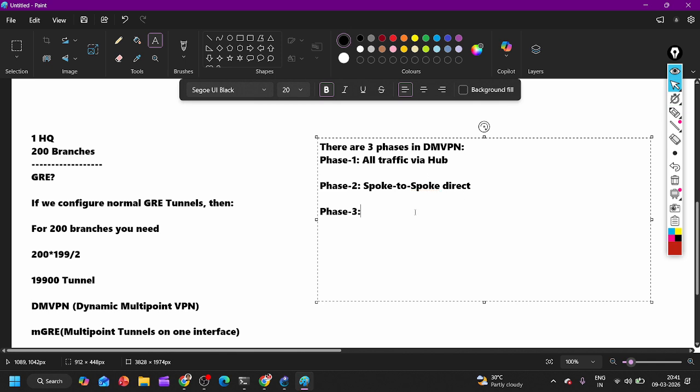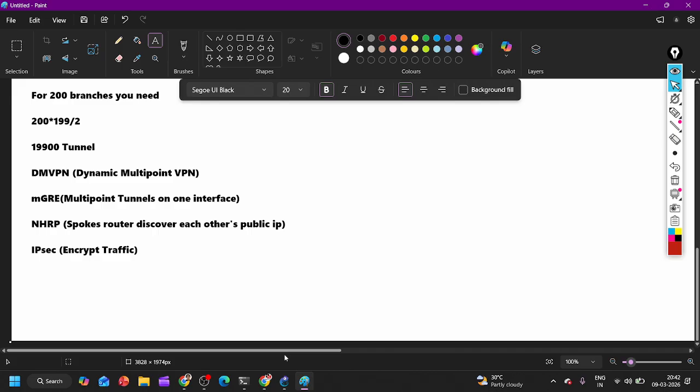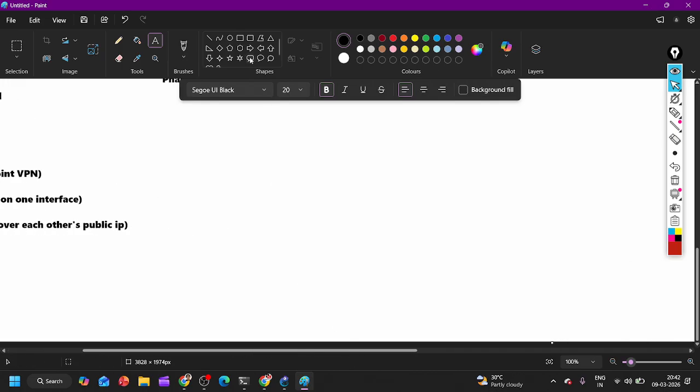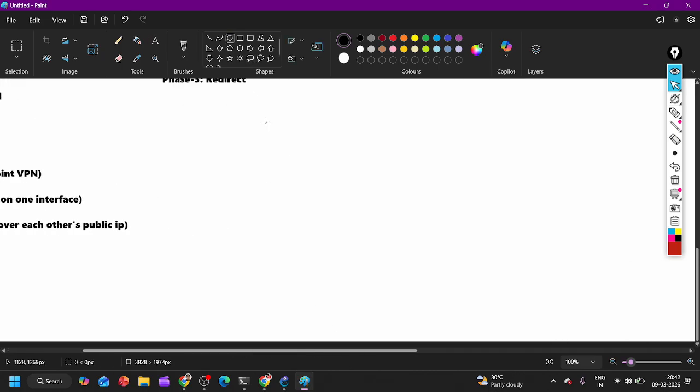Phase 3 is solving that, right? So phase 3 uses a feature called redirect. How many of you know the ICMP redirect feature? We had discussed this earlier. I remember. Let's say I have two routers, R1,